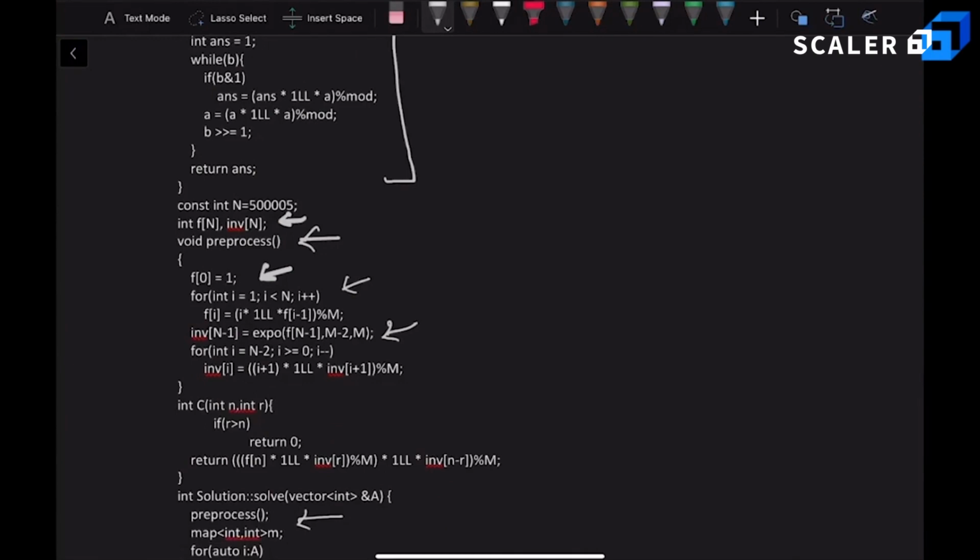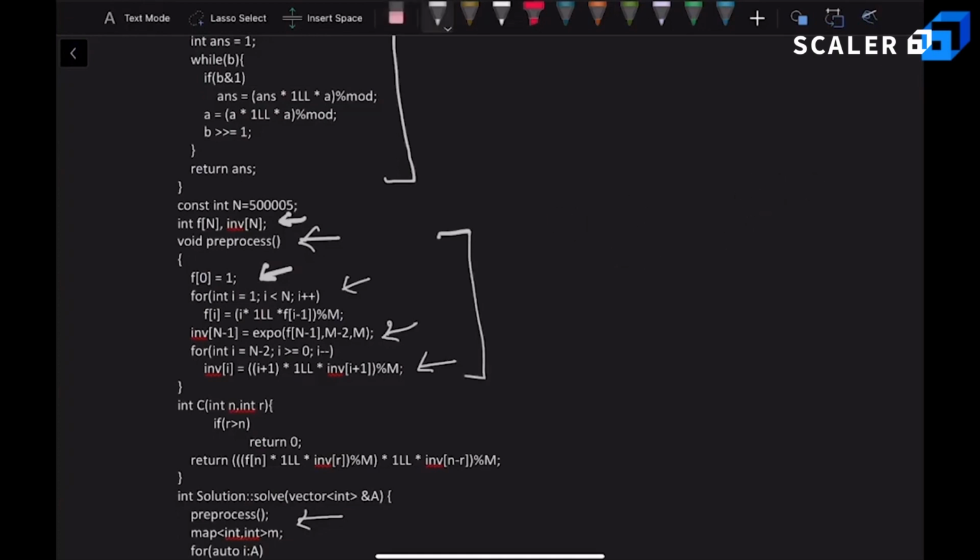So inverse factorial of I will be I plus 1 into inverse factorial of I plus 1, because inverse factorial of I plus 1 is 1 upon I plus 1 factorial, and we'll multiply I plus 1 into it, and that will give us 1 upon I factorial. So in this way we can calculate factorials and inverse factorials, and the time complexity of the preprocess function will be